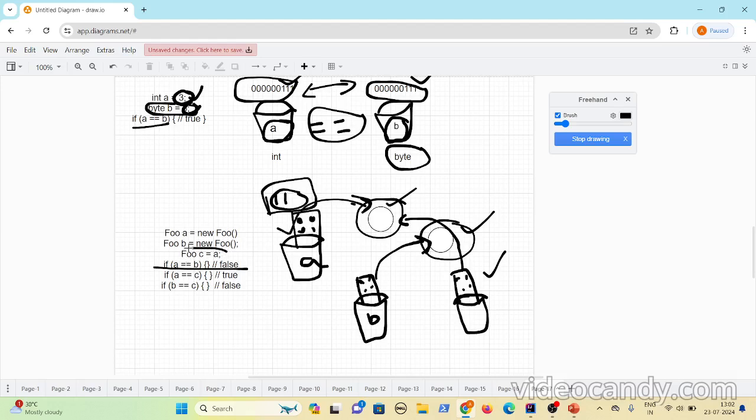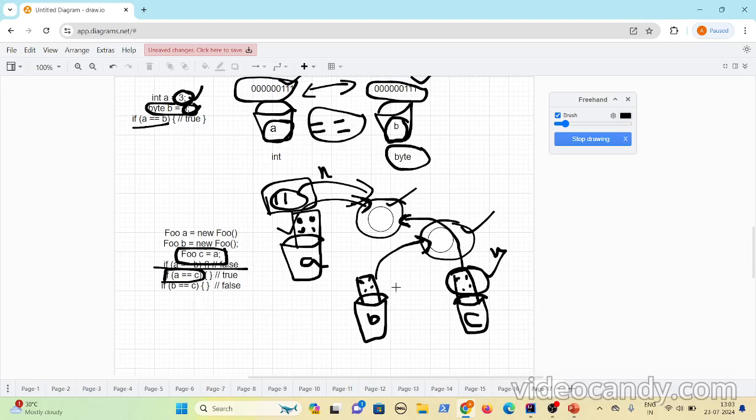And now what we have done is Foo c equal to a. So this is c, okay. Since you are assigning a to c, whatever bits are present inside this reference variable, you are copying the same bits to c. Which means that if the reference variable bits are the same, c is also referring to the same object, okay. Now if a equal to c, it will go to the reference variable and check the bits. This is accessing this object, so it will have some bits, and c is accessing the same object, so it will also have the same number and type of bits. So a equal to c will return true.